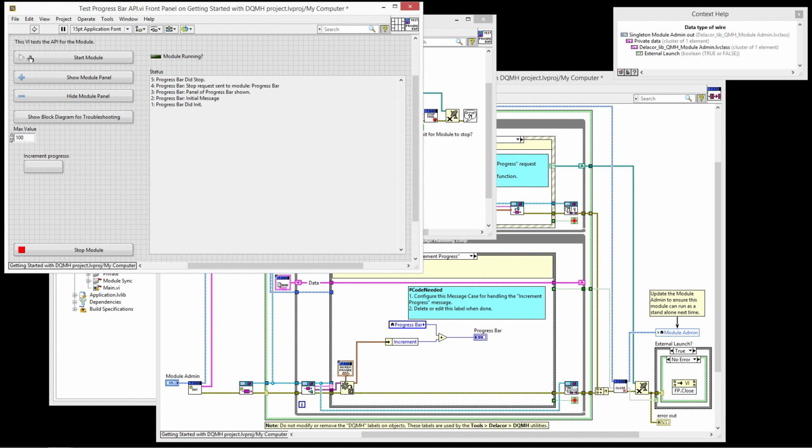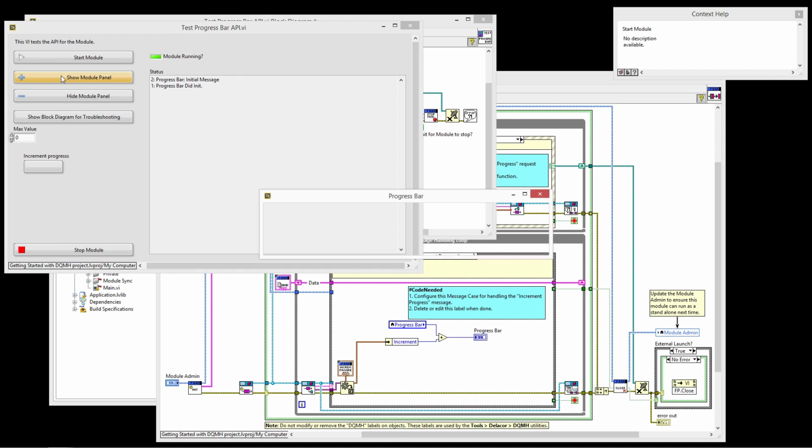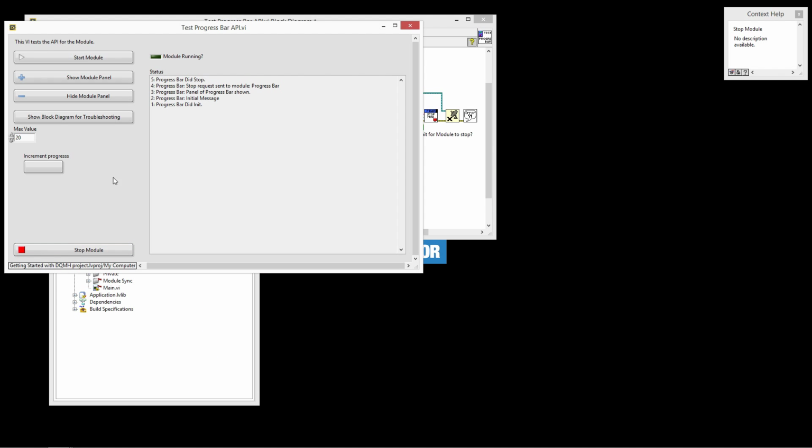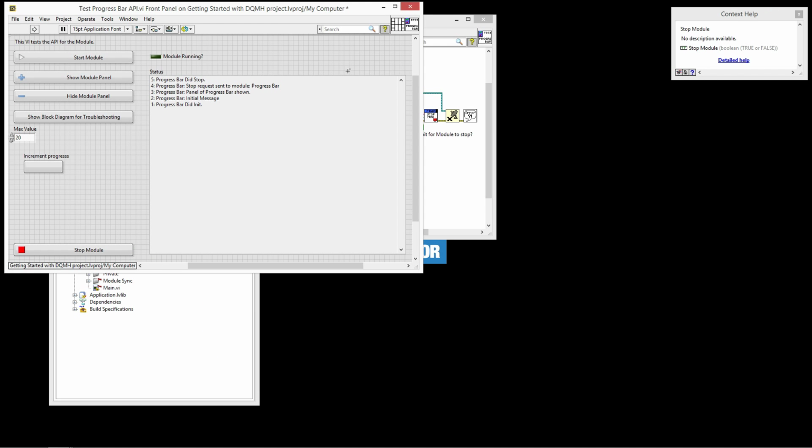So let's see how that works. So if I run my tester, start the module, show the module, and I start incrementing, we can see the progress bar going up. If I change these to 20, there we go. Okay, and then probably we would want also a decrement event, but we're going to leave it as is. All right, so that's a very simple